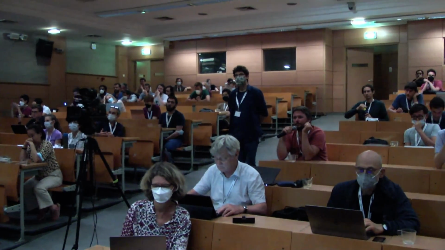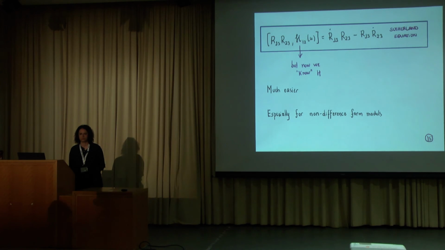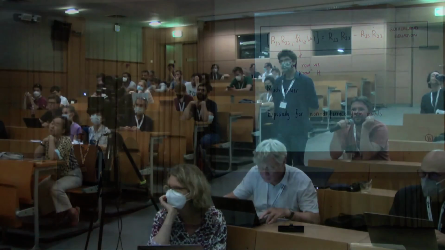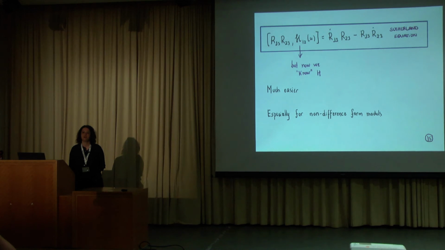Can you please show the Sutherland equation? Yes. So, assuming I assume that H is known, how many equations are there and how many variables? All the ones that will be in your ansatz for R. So it depends how big your model is. Let's say R is an n by n matrix.